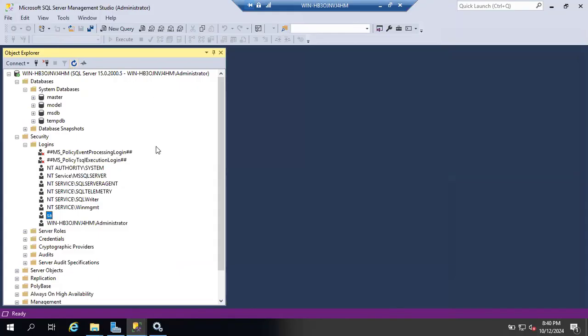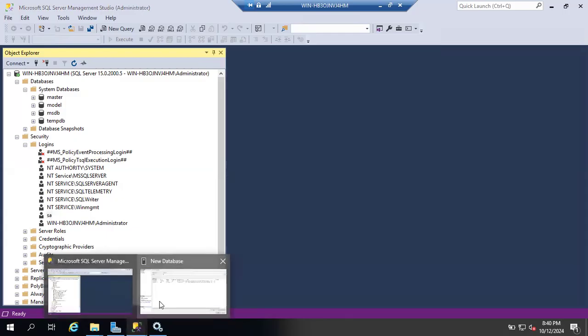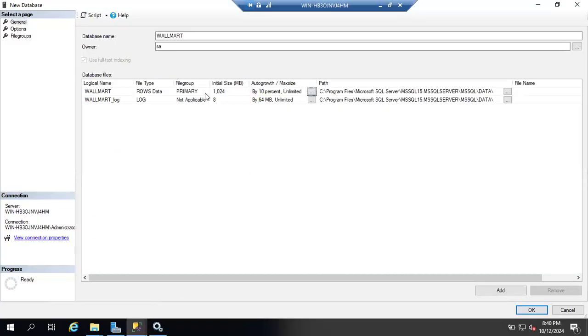Questions, guys? Shanmugh? Yes, Nicho. If we have multiple data files, that is NDF files or MDF, how is the data distributed to these files, if we have very many files? Good question. Even though we have multiple data files, the data will always go to the primary file group's data